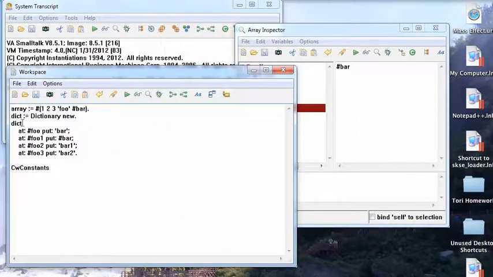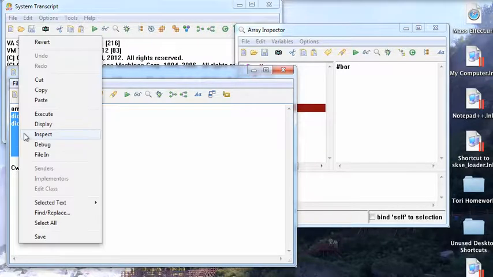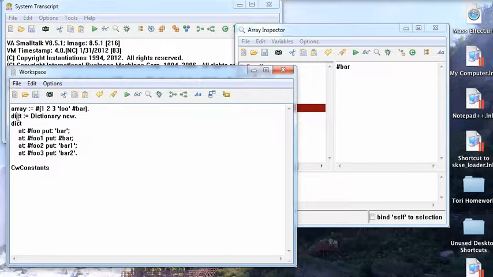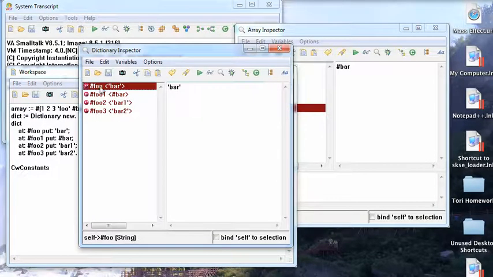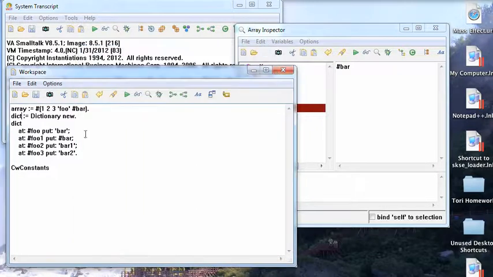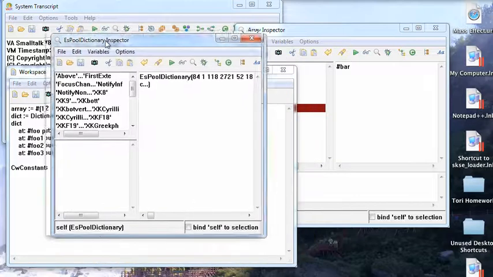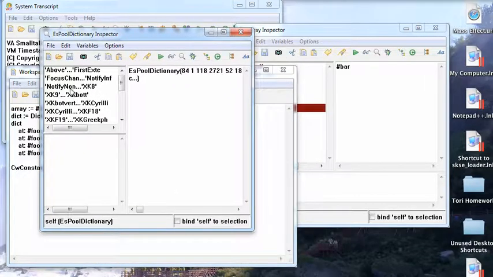Now, another interesting thing about inspectors is if you look at dictionaries, they operate a little differently in the inspector. You're not going to see much here, so if I do an execute on this and then inspect the dictionary part, it's not going to look too terribly different over here, keys and values. What looks a little different is if you have a large dictionary like the CW constants, which is a pool variable. Let's inspect that. This looks a little different, and that's because there are so many keys in this that